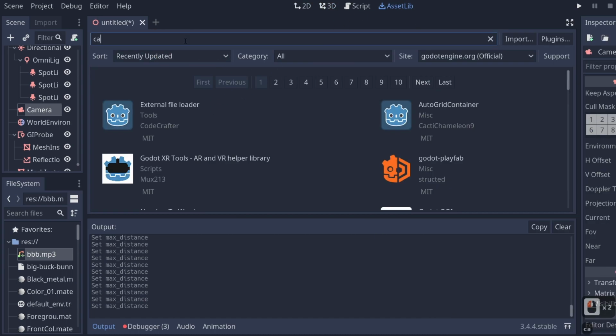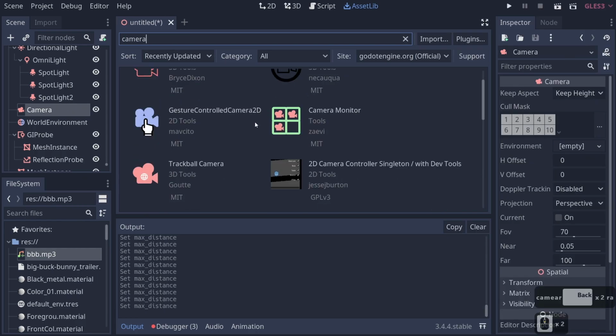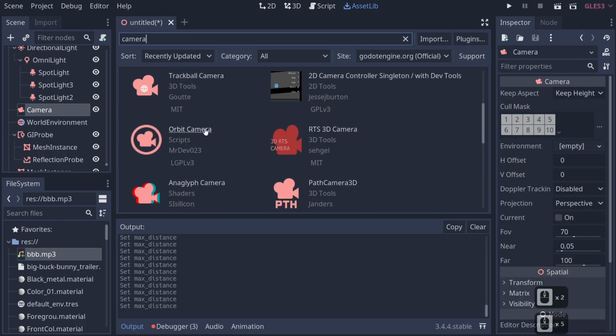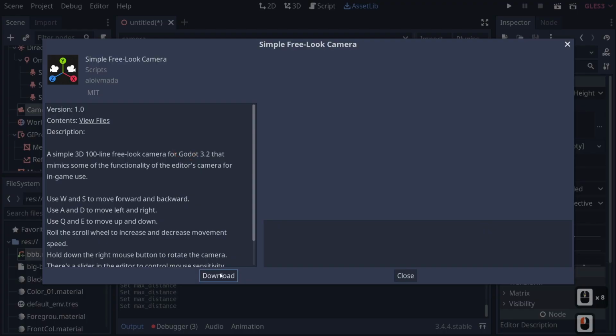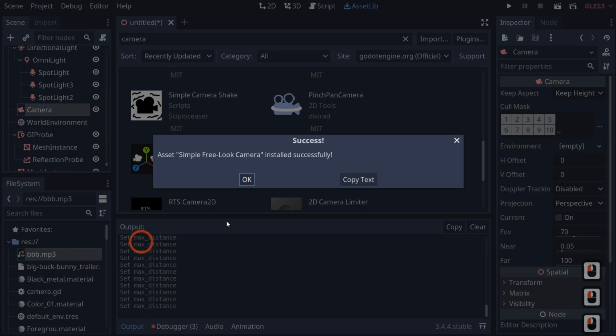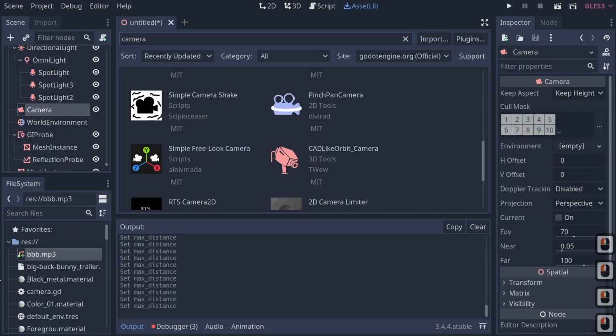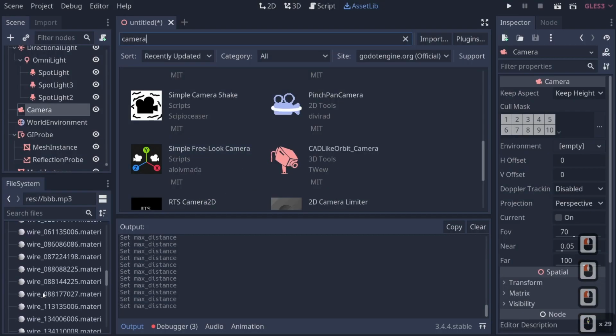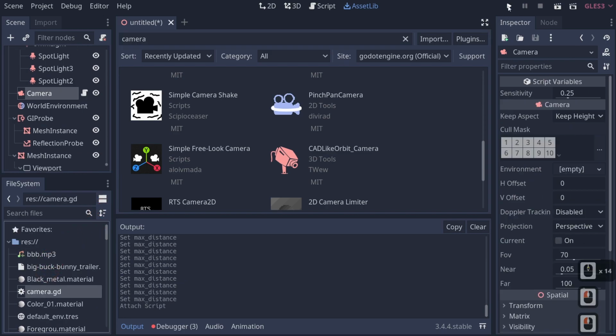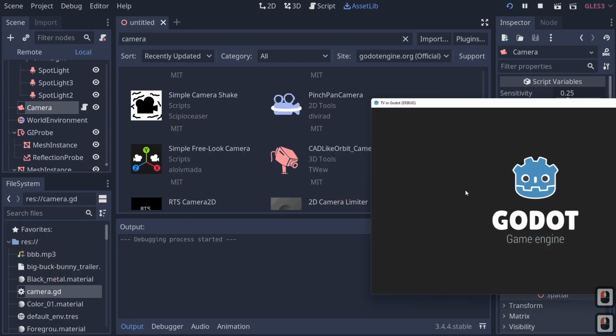So I'm just going to go to asset lib and I'm going to type in camera. And I'm going to pull down the simple free look camera right here. And we're going to download that real quick, install it. It's going to take 2 seconds to install. And then we'll basically just grab that, drag it into our camera. And then when we hit play, you'll notice